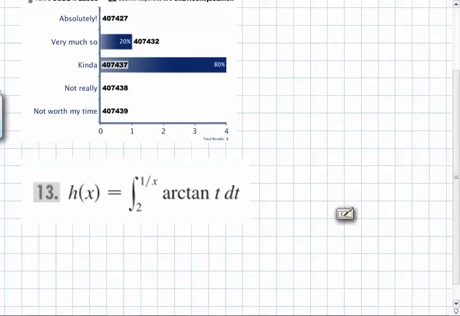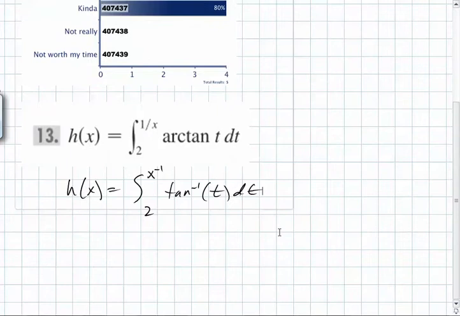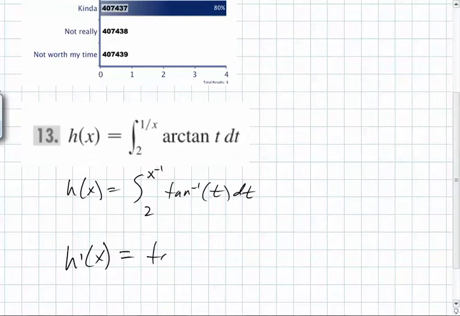What does arctan mean? So this is just tan inverse, yeah. So it's the integral from 2 to x to the -1 of tan inverse of t dt. It tells you to use the fundamental theorem of calculus part 1. Part 1 is the portion of the fundamental theorem that tells you the derivative of an integral is the function itself. So h prime of x is going to be tan inverse of